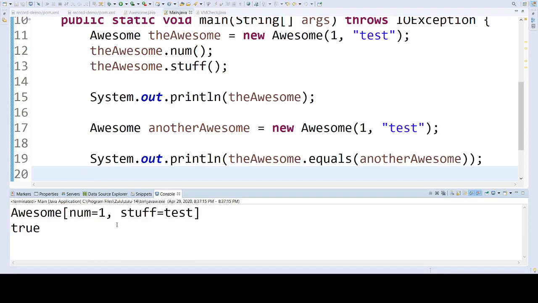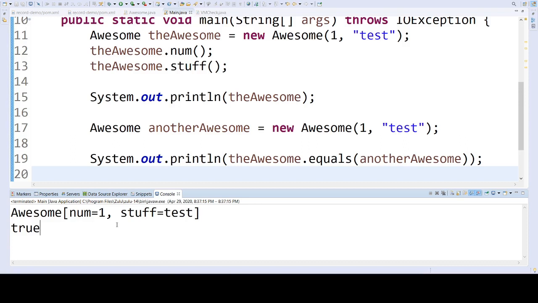And the reason, again, is that by using the record type, they have overridden equals in a way that, based on all of the fields, they're going to do the evaluation for you to say, hey, every single field that you put in, those fields evaluated all equals true.